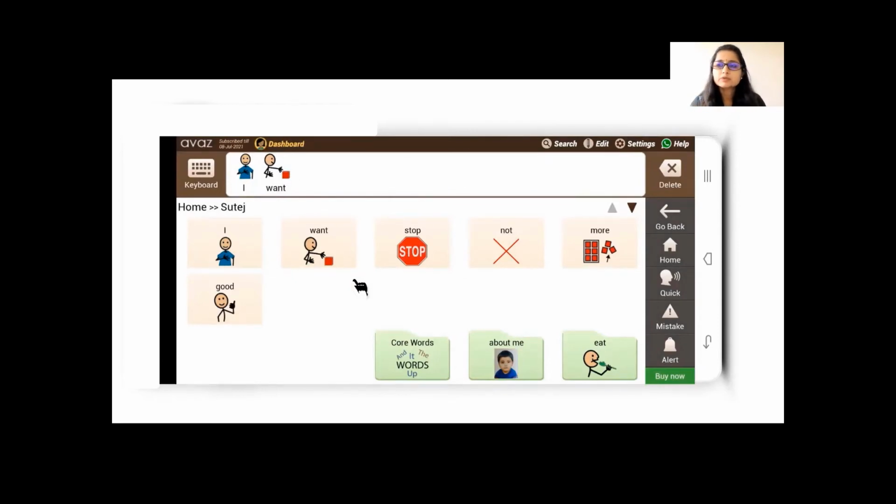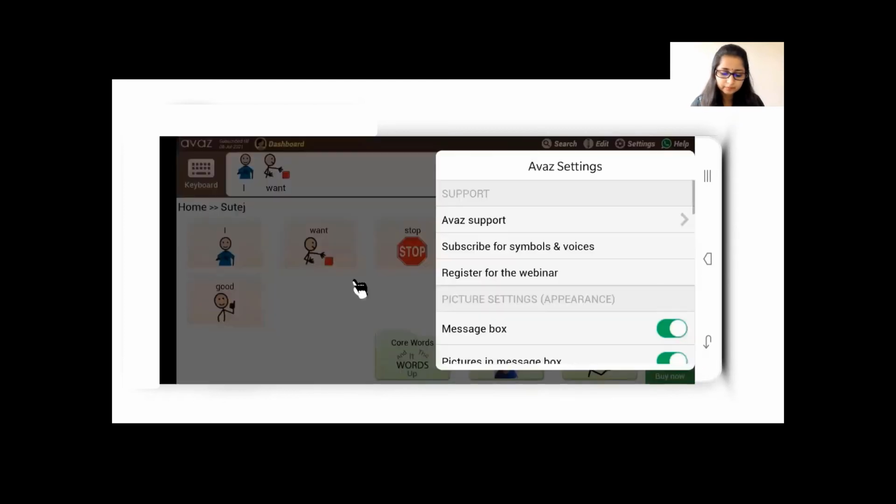This could again be useful in two cases: where you don't want the child to rely on the parts of speech. You want to take away that support, and you want the child to select irrespective of the color background. Or in cases where, again, it's an adult and they don't want it to be too fancy, they want it to be kind of off-white, not too colorful, you can use this setting.